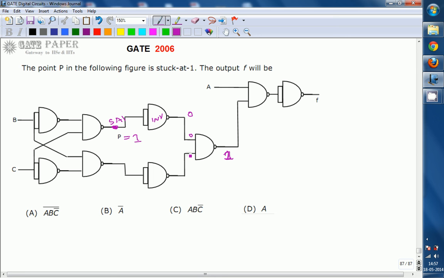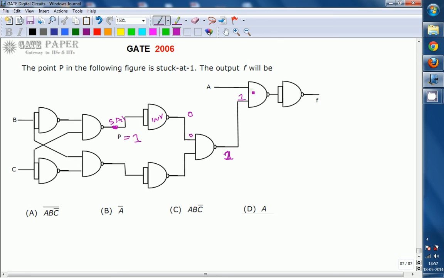One of the inputs is 0, and because it is a NAND operation, which is AND followed by inversion, AND is 0 into something, logical multiplication, giving 0. After that, inversion gives 0 bar equals 1. So irrespective of the other inputs, the output will be 1 whenever at least one of the inputs of the NAND gate is 0. Now this 1 will appear over here.